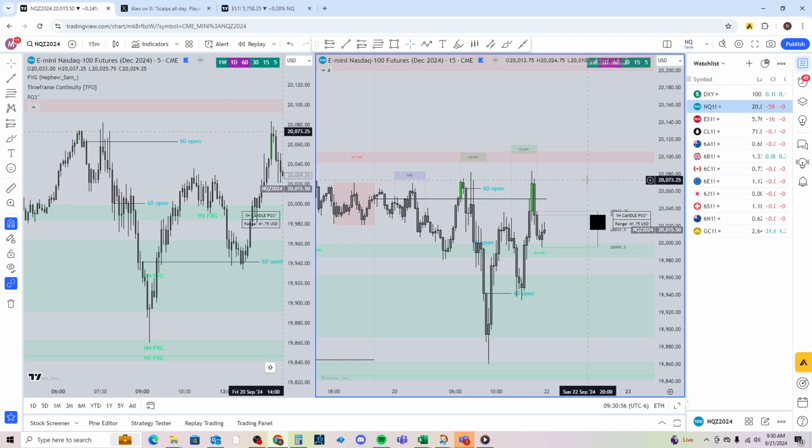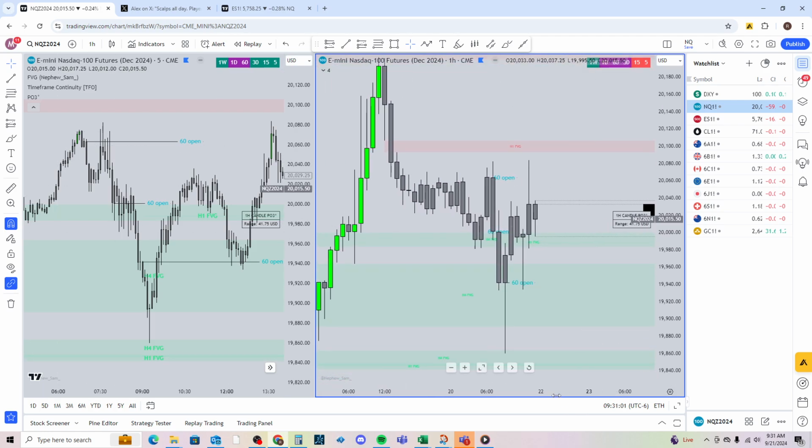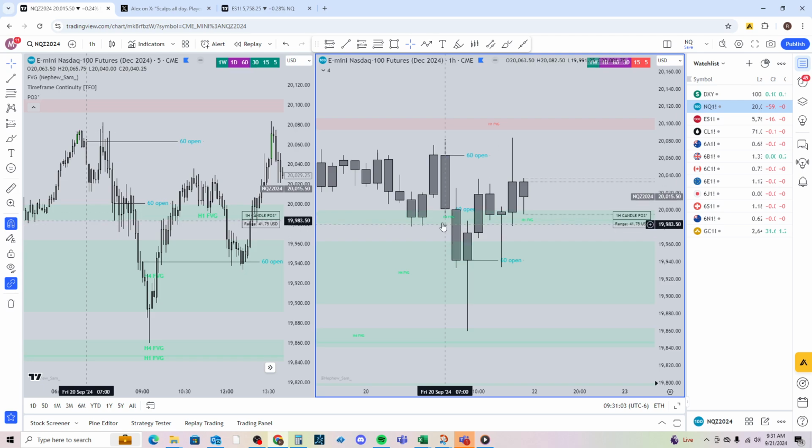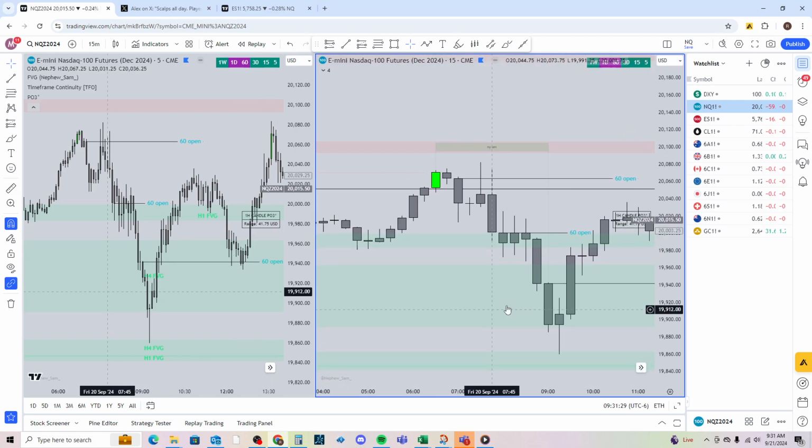Within that, here's the 60-minute chart. So you could treat each of these bars as a daily trading session, right? So open, high, low, close, open, high, low, close, open, low, high, close. You see we get a reversal. Price ends up reversing all the way back up to create a new high of day. But initially,